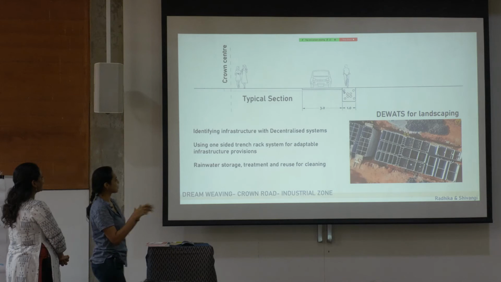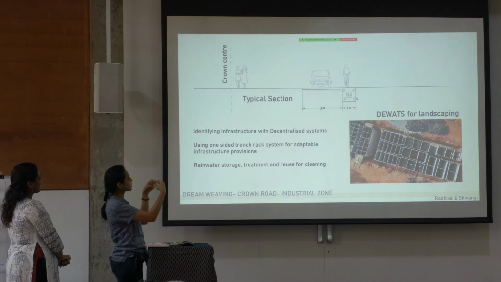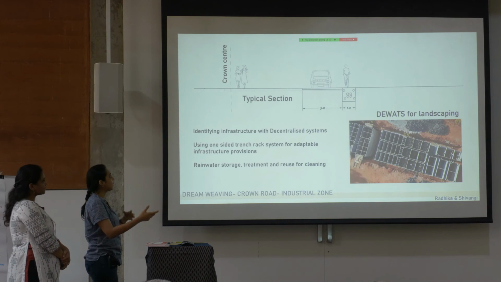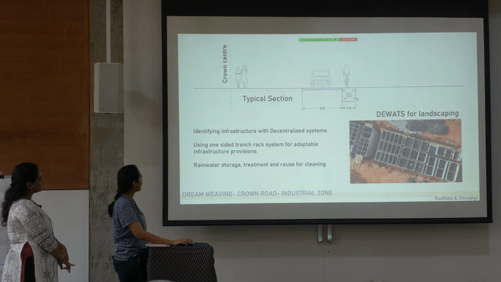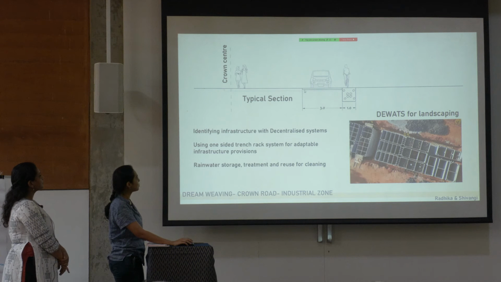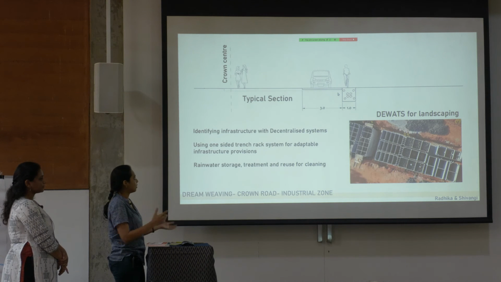Modular systems, yes. Just to finish, instead of having a spread out system of infrastructure, a little inspired by Eric's study that was given to us, we could have a trench rack system which can be adapted and is flexible enough to repair or change in future. And then to have a 3 meter service road, motorized road, around that, and the crown itself can keep changing because it keeps changing throughout. Our next step of exploration is to see how this center comes in and out of this.